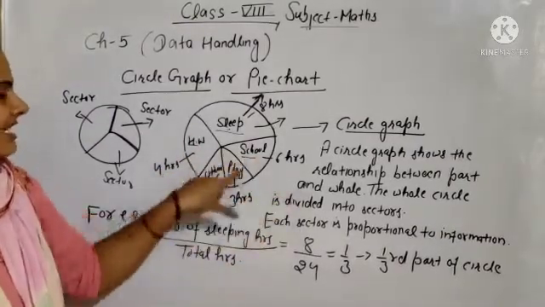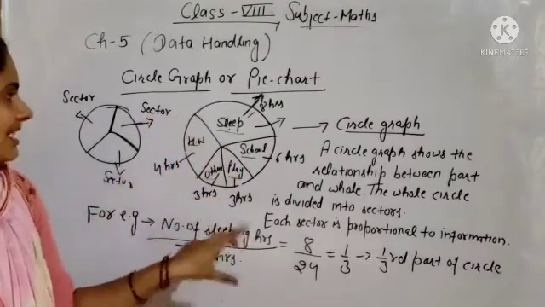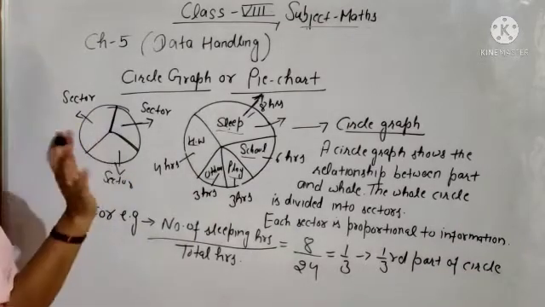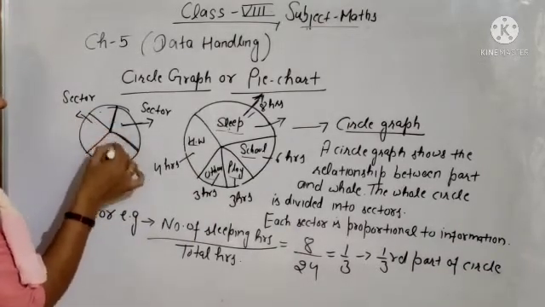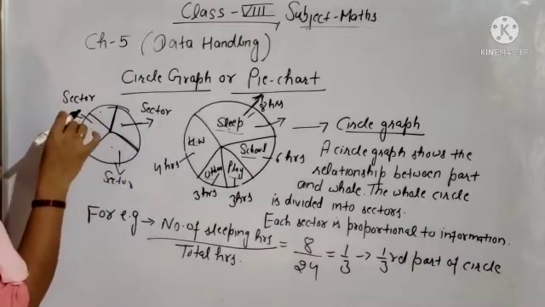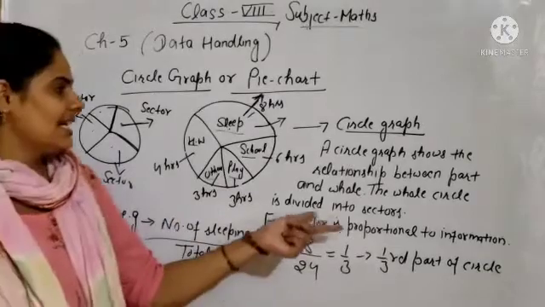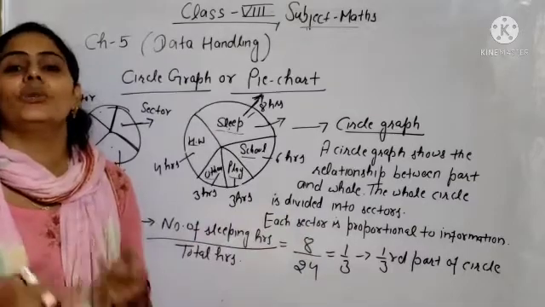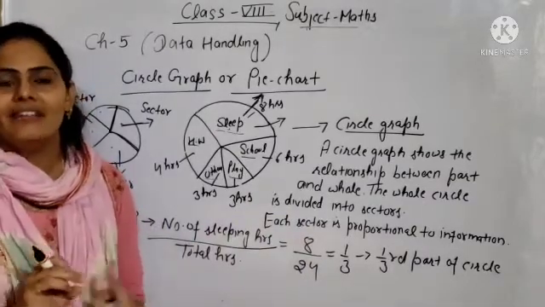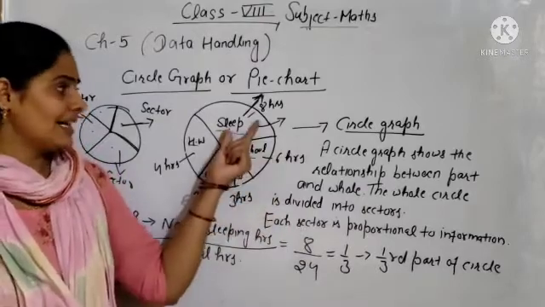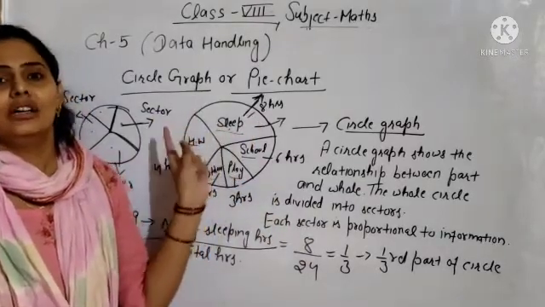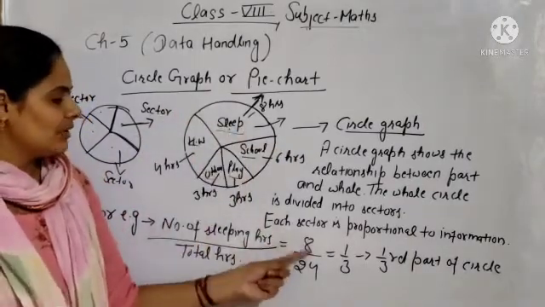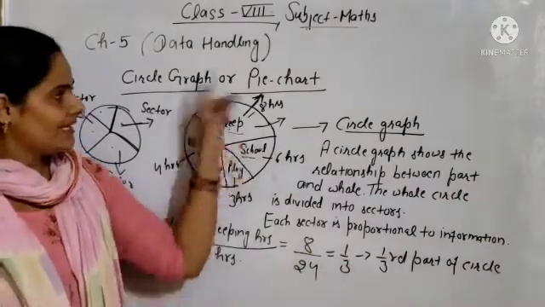So a circle graph shows the relationship between the parts and the whole. The whole circle is divided into some parts, or you can say some sectors, like this one sector, this one, this one. If you are dividing it into 3 parts, these 3 parts are sectors. If you are dividing it into 4 parts, all these 4 parts are the sectors of the circle. So each part is called a sector of the circle, and each sector is proportional to the information. In each sector you are getting some information, because some data will be given and you will find which part is proportional to the complete circle. For example, this one part you are getting here 8 by 24, so this is 1 by 3rd of the complete circle.